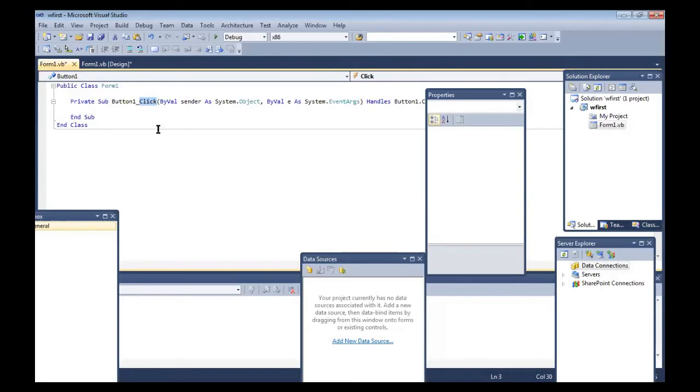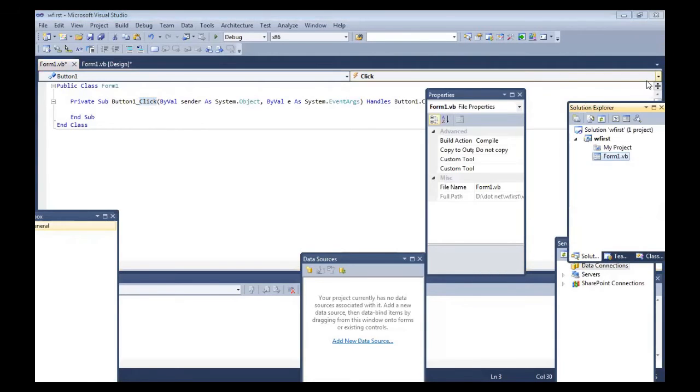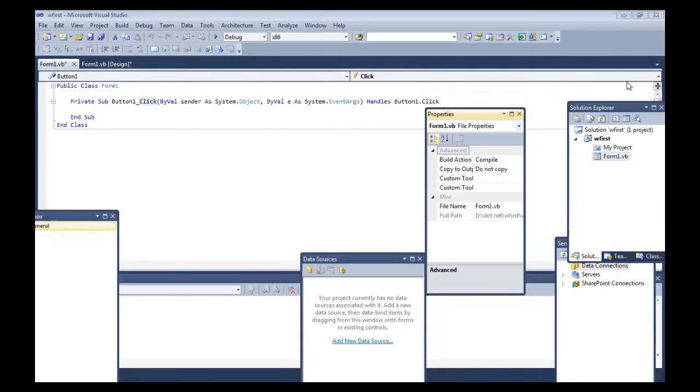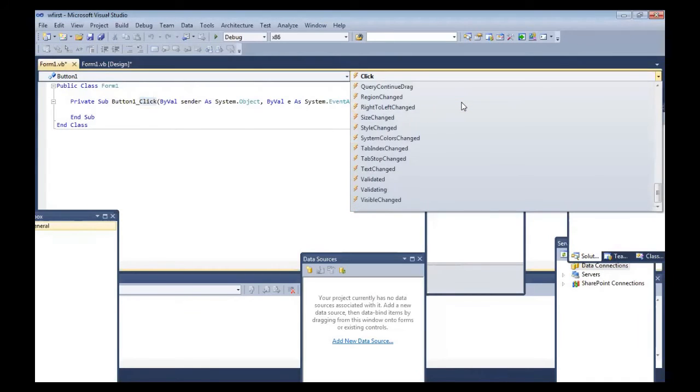That event is called the click event. You can change that event from this drop down also. There is a drop down where different kinds of events are there. The events which are fired by using keys start with key.